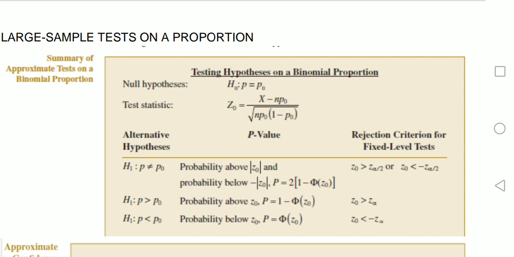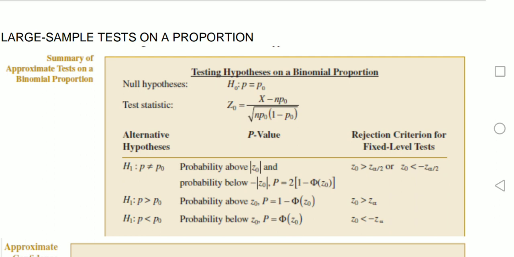So the expected value of the binomial distribution is np, and the standard deviation is square root of np into 1 minus p. So here we have the test statistic Z naught is equal to x minus np naught divided by root of np naught into 1 minus p naught,